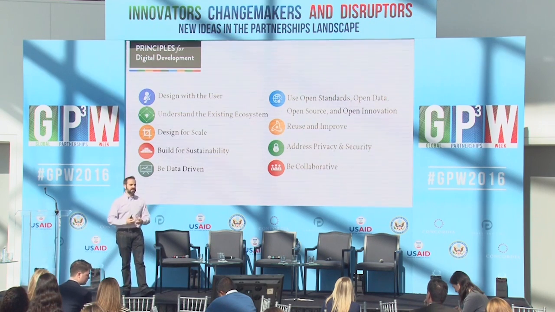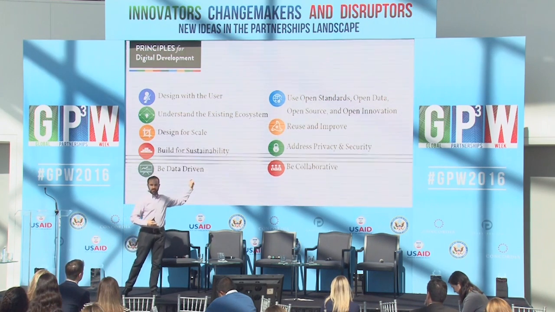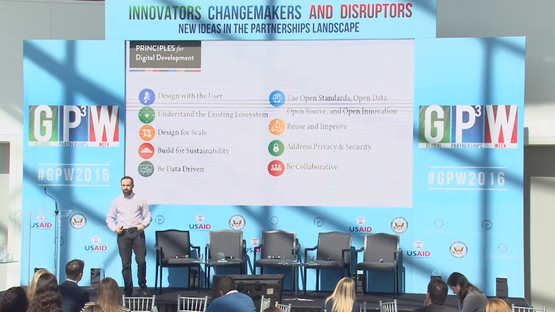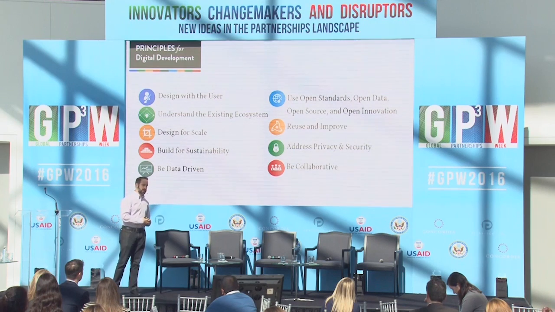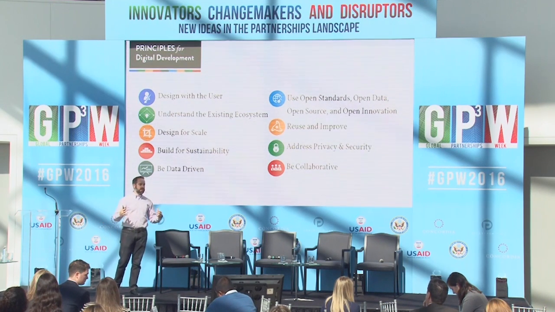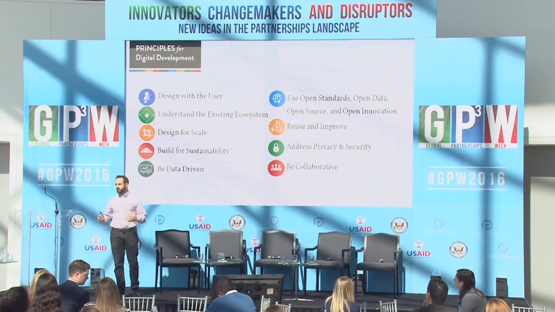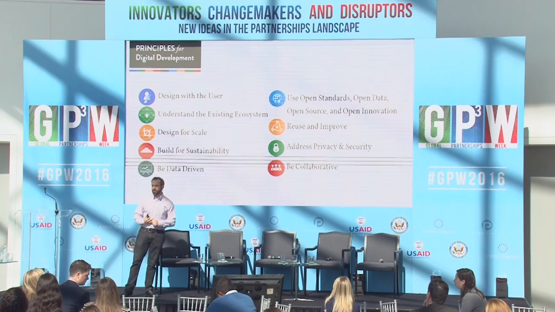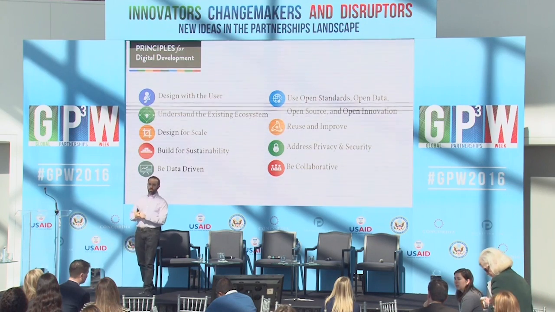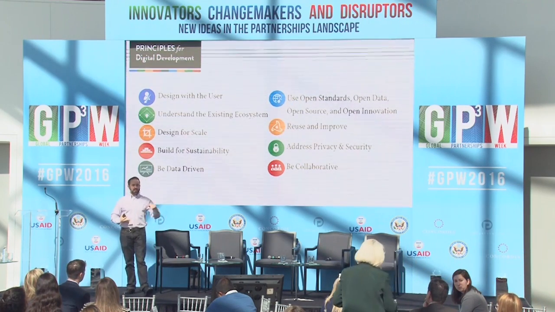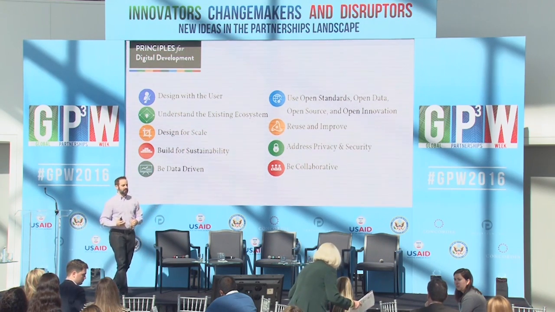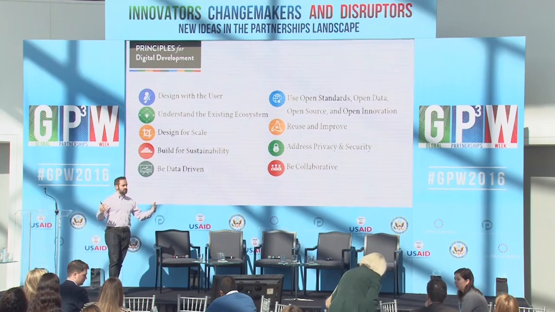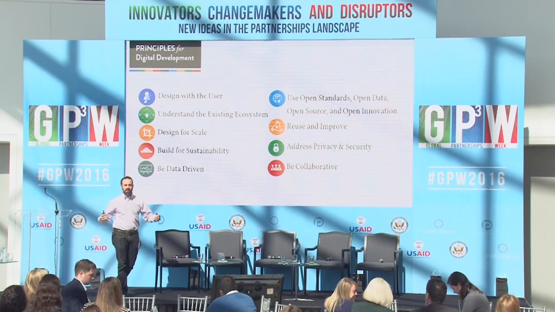So we connected all of these systems together using open standards. They were all open source, so principle number 6, to reuse and improve the existing systems, and principle 7, through this process of collaboration. And what we got was, in the midst of the peak of the crisis, a way to communicate with 9,000 health workers on the ground, to ask them things like, do you have PPE? How many health workers are showing up at your clinic daily? So we could all of a sudden move from a situation where we didn't have much information to one that was data-driven. And we did it in a way of using existing systems that allowed for both scale and sustainability.